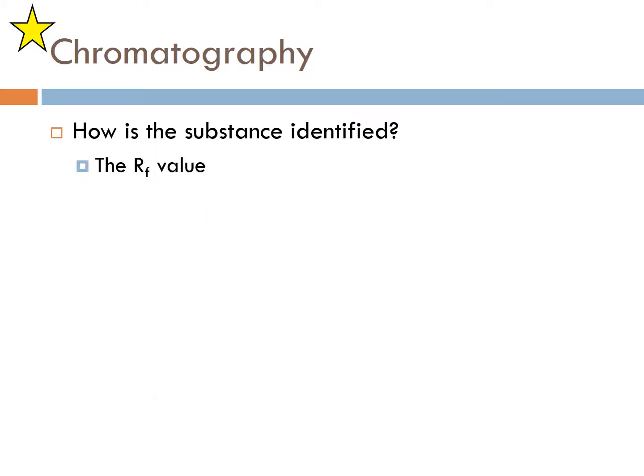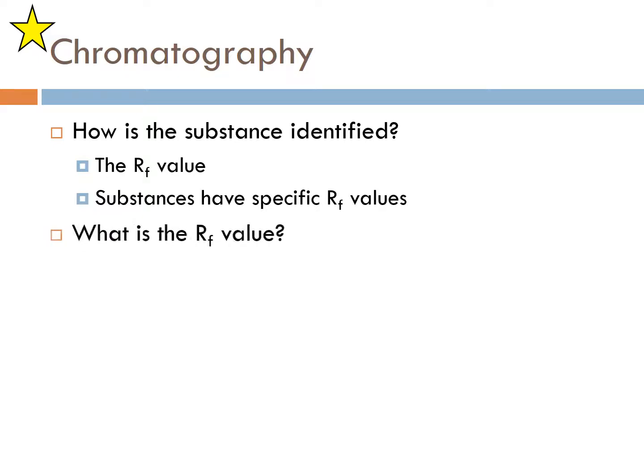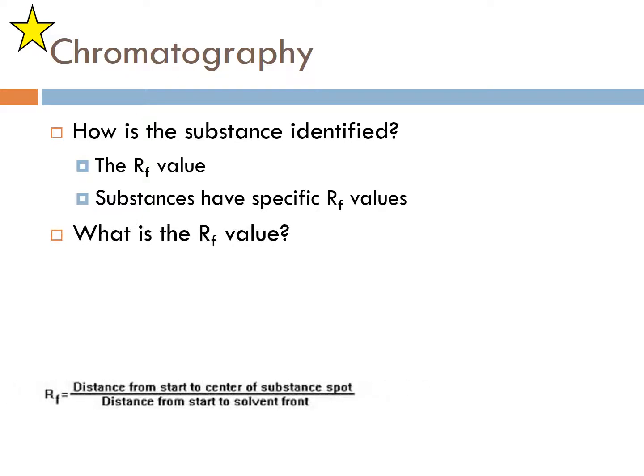So substances can be divided by their RF value. Every substance has a specific RF value. So if you can measure its RF value, you know what substance was present in the solution. It's a really simple